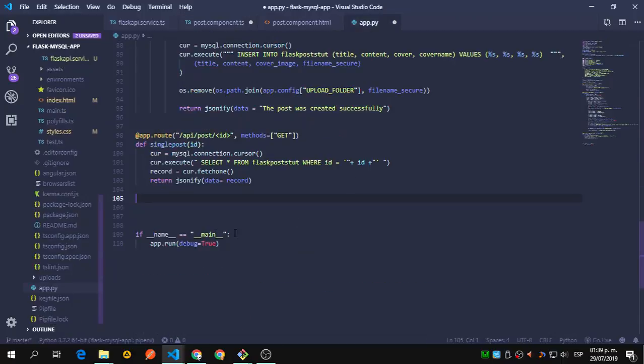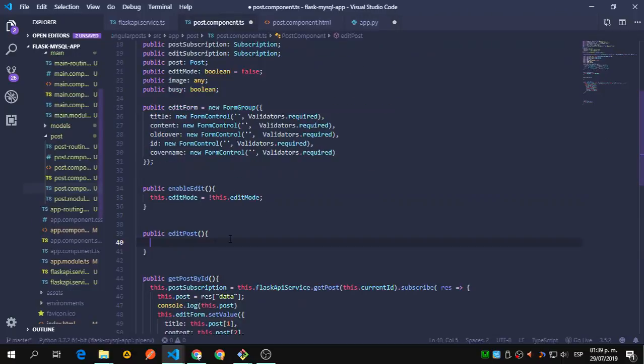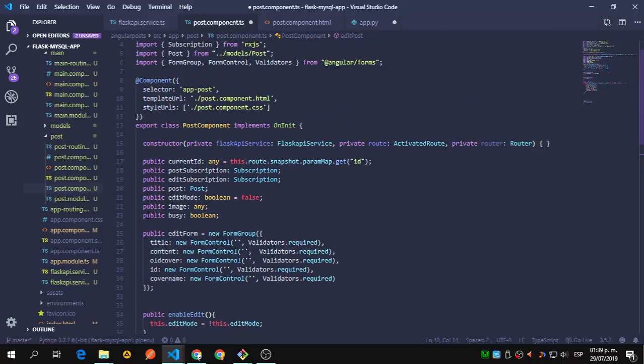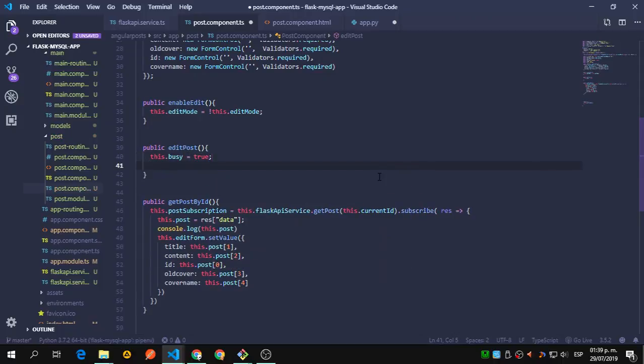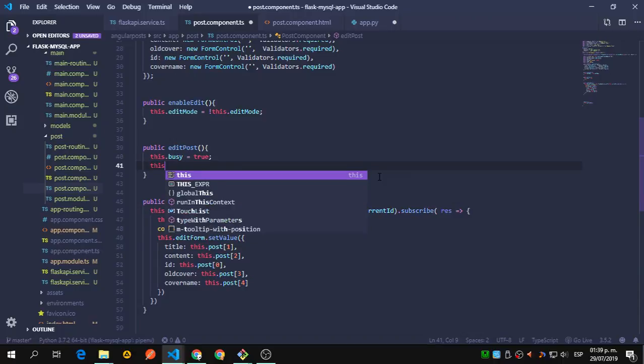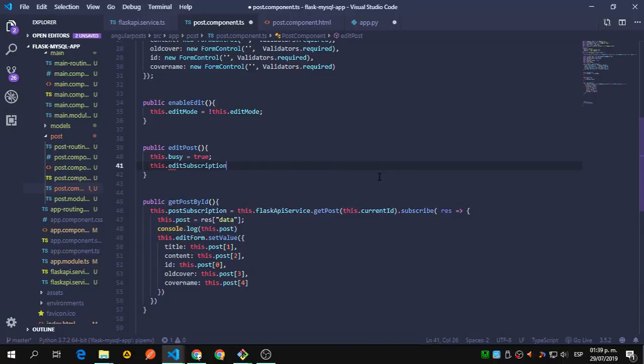That right now I don't have anything, but we will add something in a second after we finish this. So we're going to set something. This.bc, that you will see is just another boolean. Now we're going to set this one to true, if I can type, and this edit post subscription